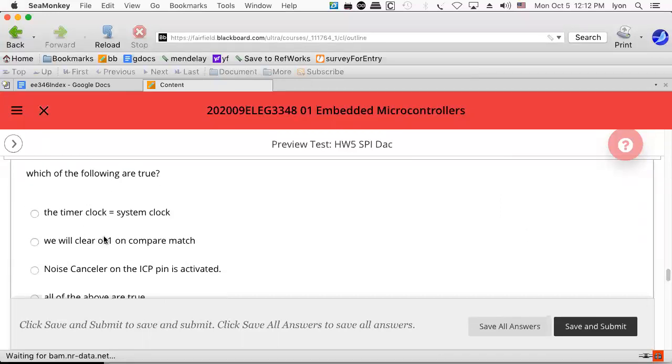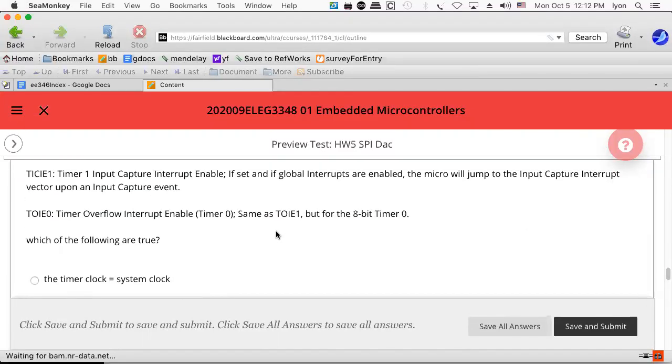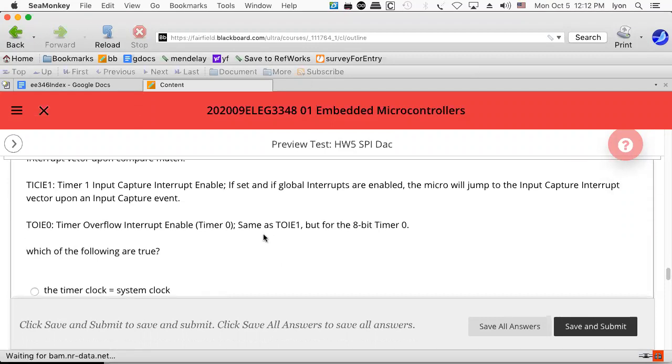Let's see why we would need something like this. Which of the following are true? I got 2 minutes. I'm going to do a real quick thing, but I don't know if I have time. I was going to show you a Tinkercad thing, but let's not do that yet. Which of the following are true? The timer